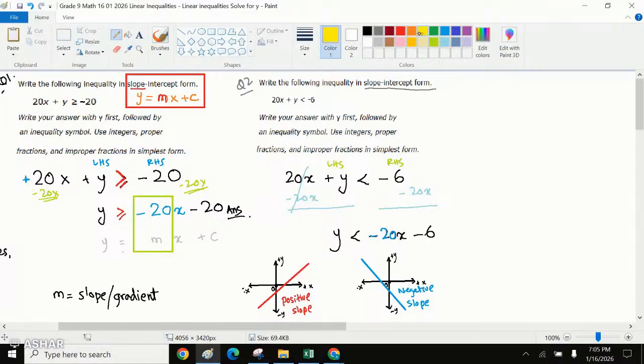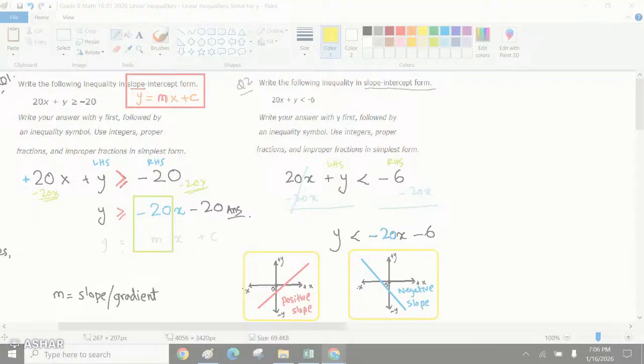I'll just put them in a box so that it shows that that's additional information, not required for this question. The sign of a slope will give us the direction of the slope, okay? So the next question says,